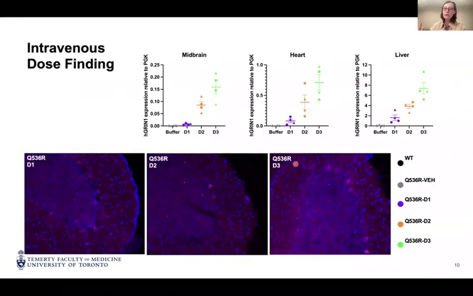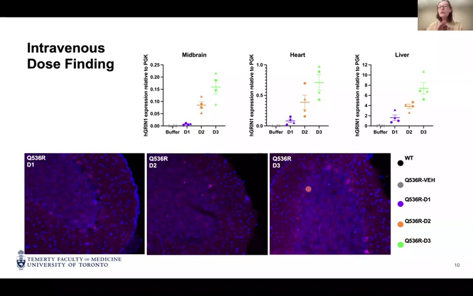So we've been doing dose finding studies, and so here in the bottom, we're looking for the expression of our cargo, which is the GRIN1 that's been tagged with a special tag so we can track it and keep it separate from what's normally expressed. And so you can see that with increasing doses, you can see more of this purple, which is the evidence of the